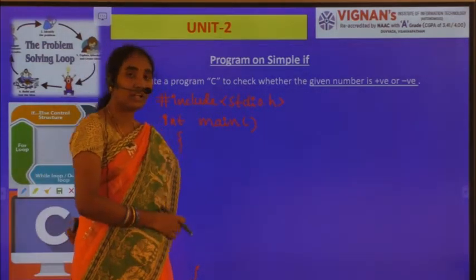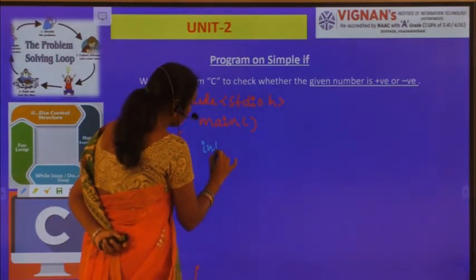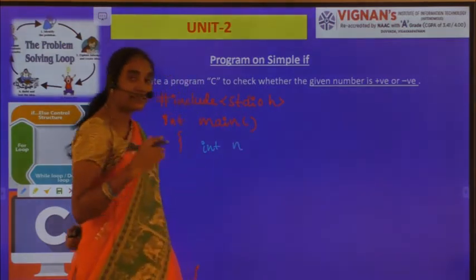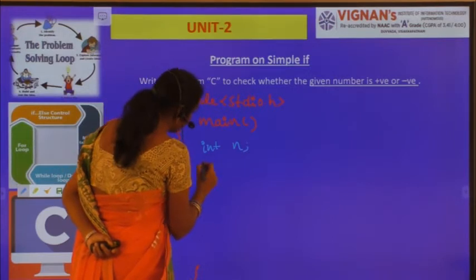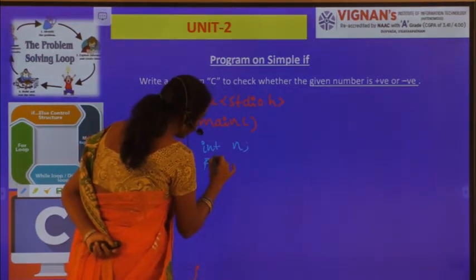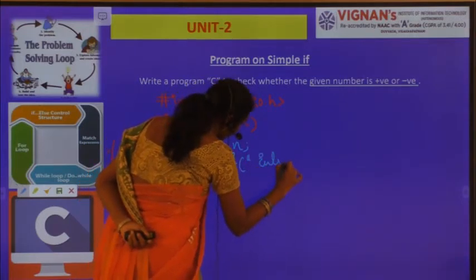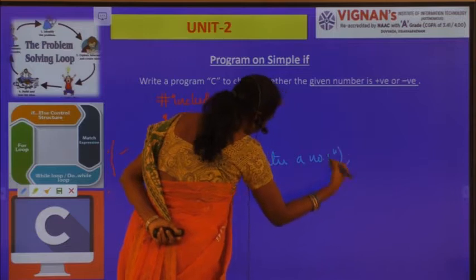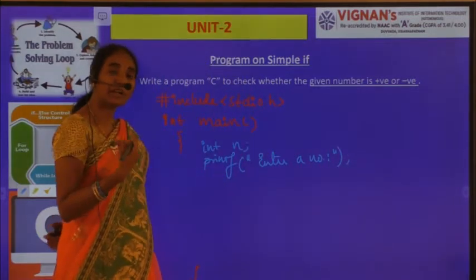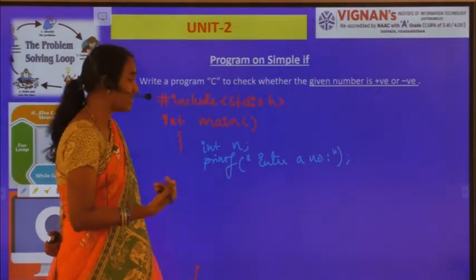So here I need to read a number, so int n, where n stands for the number which I am reading, right? So now here printf, enter a number. So here I am writing a message to the console with the help of the printf statement.